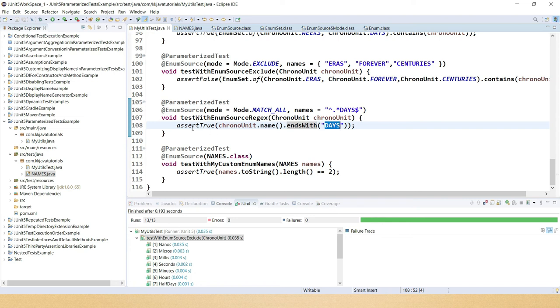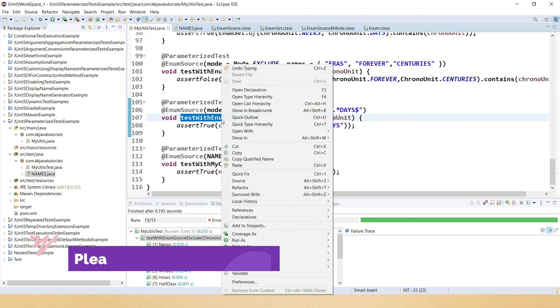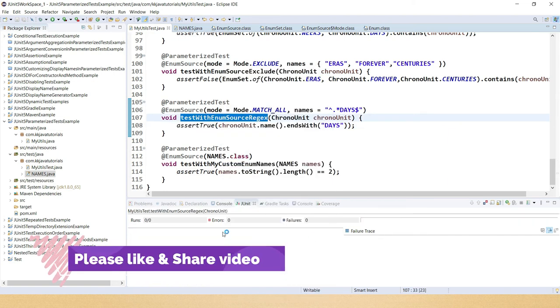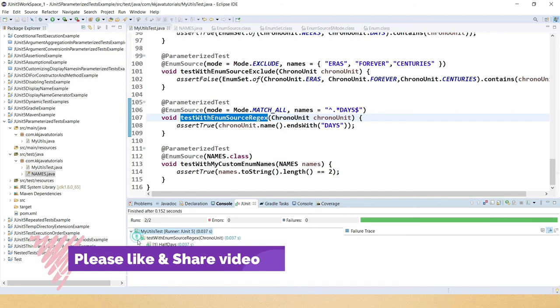If that is the case, then assertTrue is going to execute for that, right? If I run this test case, how many times does it have to execute? Two times, because there are two constants whose name ends with days. Here you can see, right?